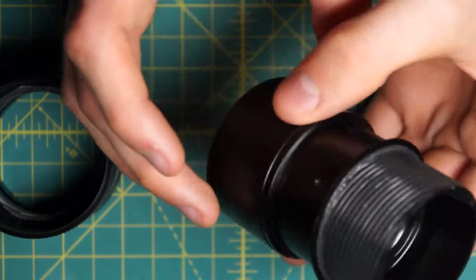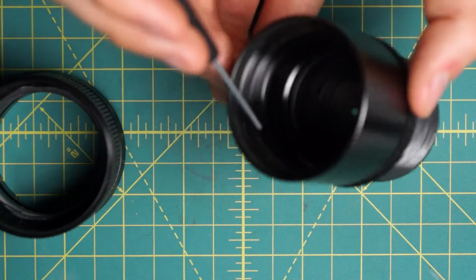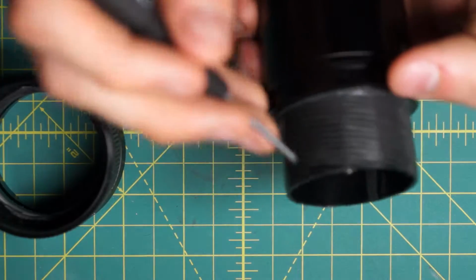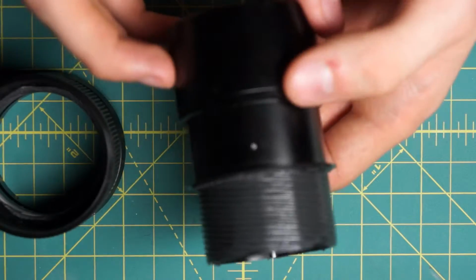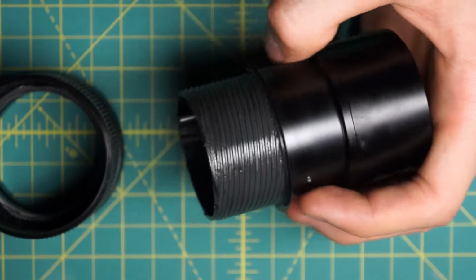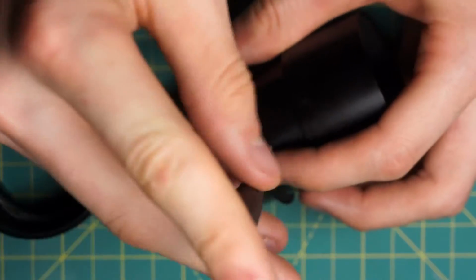And as I was mentioning before, the diaphragm itself, which is way down here inside the lens after the lens hood, and the intersection of the focusing mechanism are coupled together. This is a single long tube that they're in. The only way that you can really successfully get the diaphragm on its own is by undoing these three little screws I pointed out at the beginning. And once you undo those, the diaphragm will probably fall apart and you'll have to put it back together, but that does allow you to clean it on its own. So otherwise, this is as isolated as it can really get. So I'm just going to...